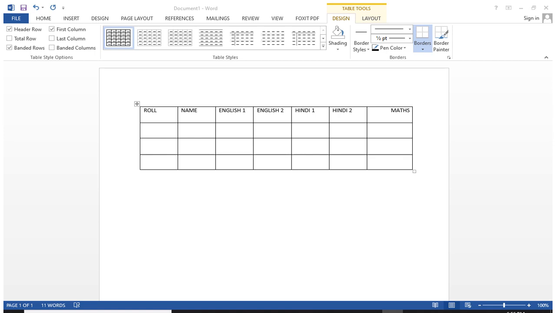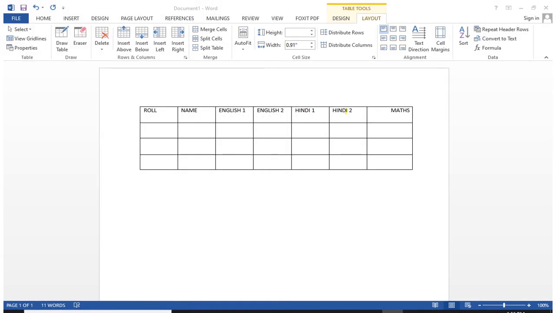So what I will do, first of all I will click on the layout tab. Okay, I clicked on the layout tab. Then this is the merge group, and in the merge group you will get the merge cells button. We will click on it, but before that we have to select these two, Hindi 1 and Hindi 2.